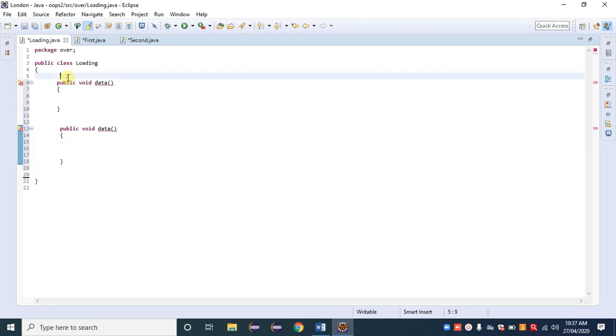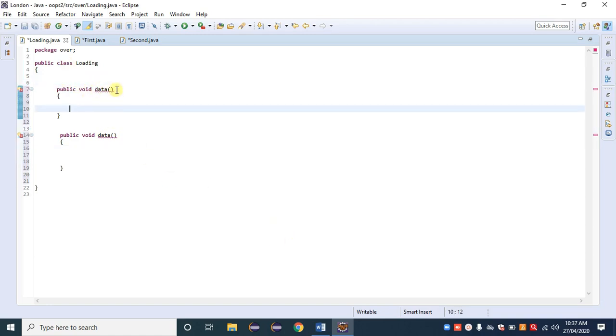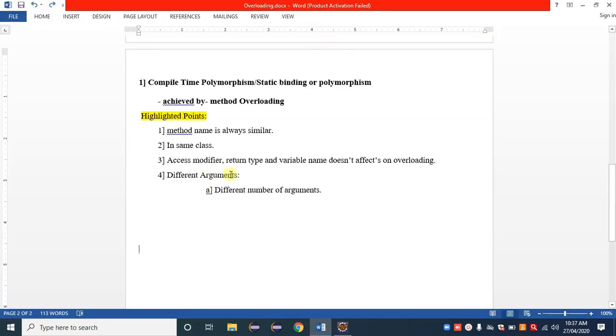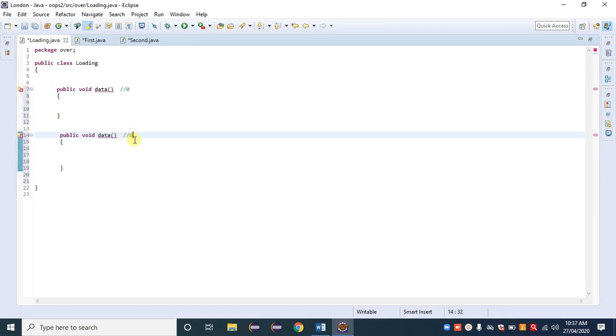Here I created two methods having a similar name. What is the first point given? A different number of arguments. Right now this data method has 0 arguments. The second method has a similar name, data, again with 0 arguments.